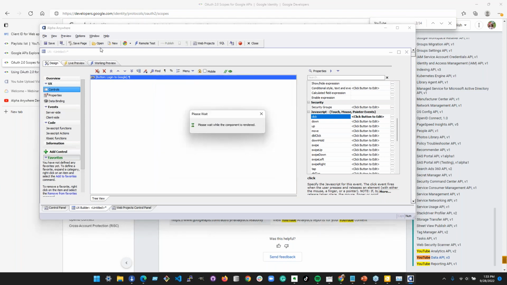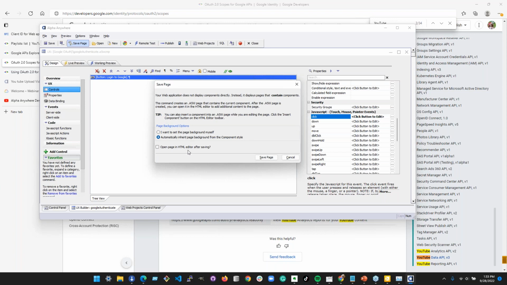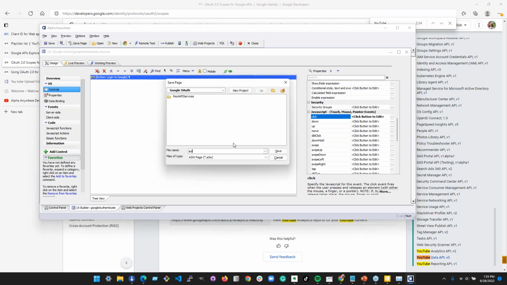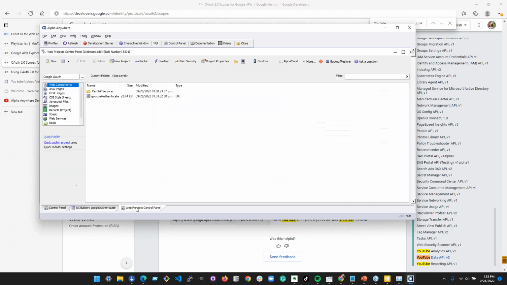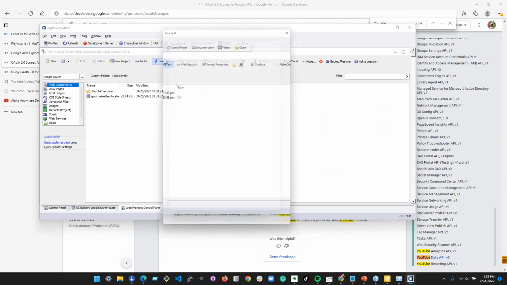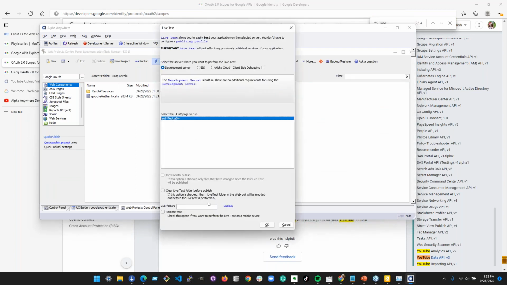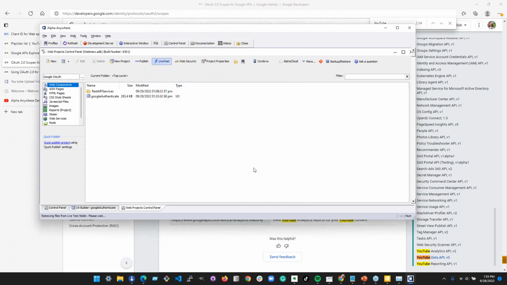Save that. And we're going to save a page. And we'll save the page as auth test. And then over here, I'm just going to live test this. I'm going to pick auth test, clear the live test folder, click OK.